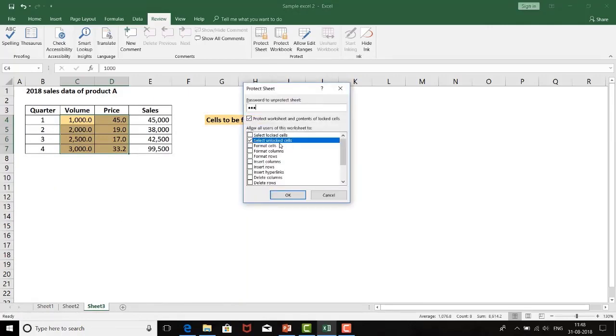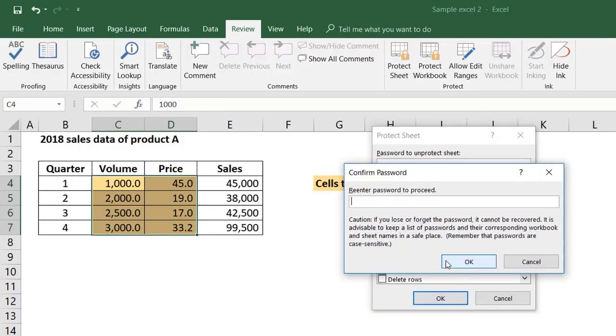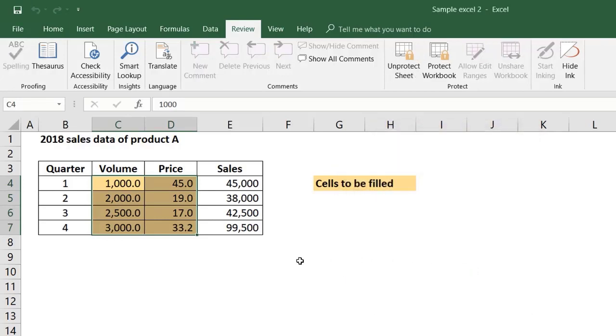We have to ensure that only this is marked. Usually by default both of these are marked, so you have to ensure that this is unchecked again, and then you say OK. It will ask again for the password. You type in the same password and it's protected. So as you can see, if I click anywhere else, nothing will move, but this